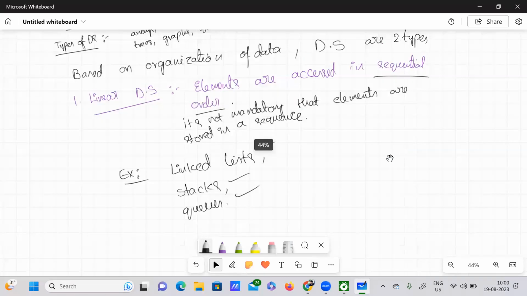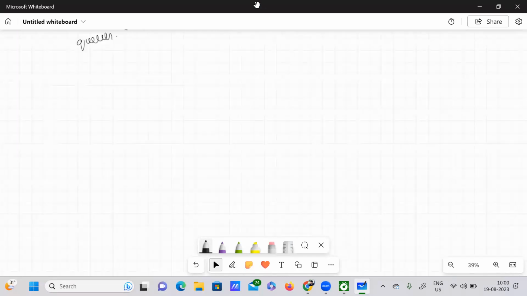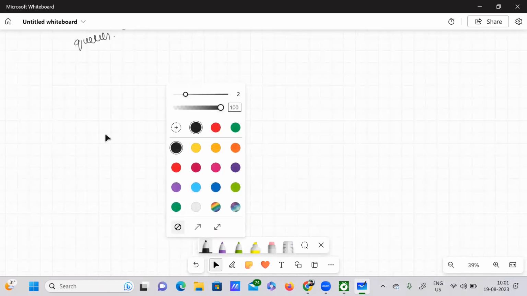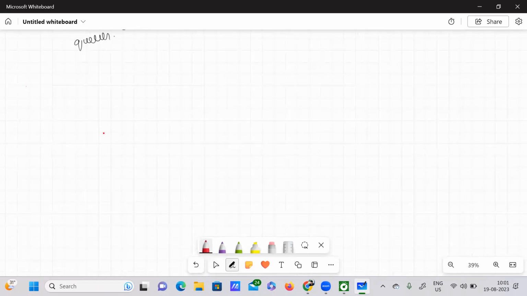Now, the second type would be non-linear data structure. The name itself explains that it is not linear, in the sense it doesn't follow sequential order. In the sense, elements are stored